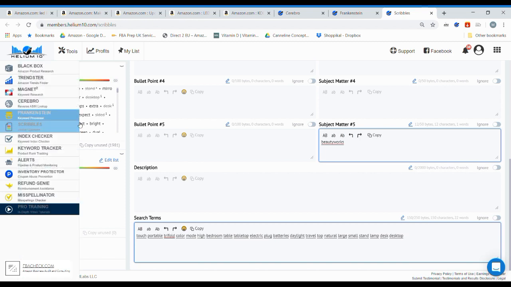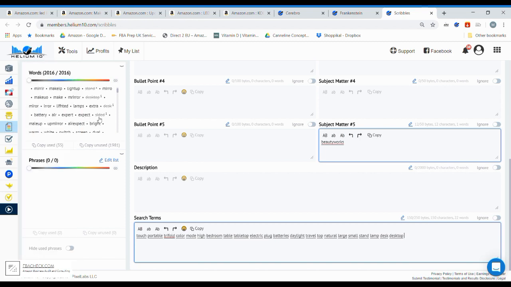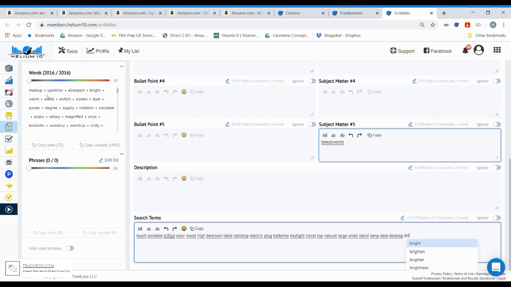I added batteries, air, expect, bright, bright. Warm, switch. Oh, white, from white light. You can actually use cold. It's not a suggestion, or warm light. Never mind. Switch,